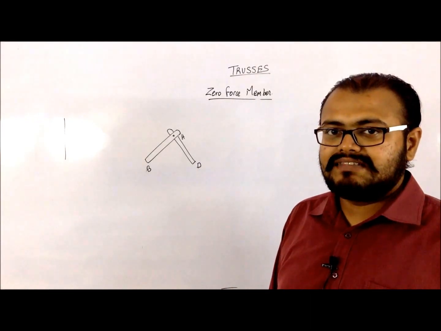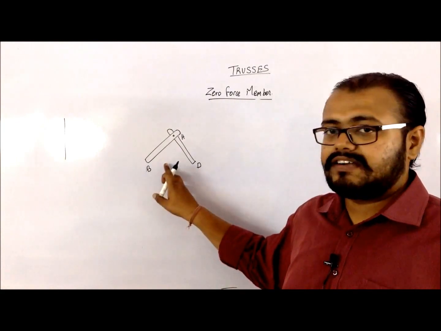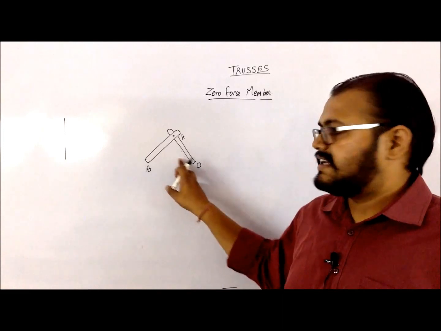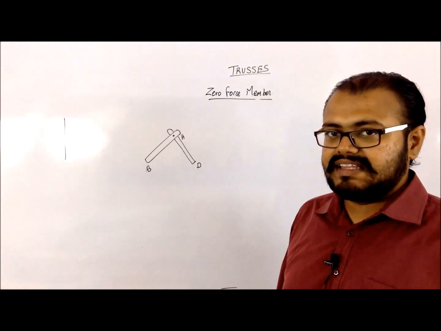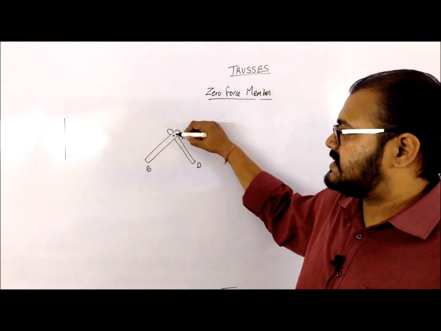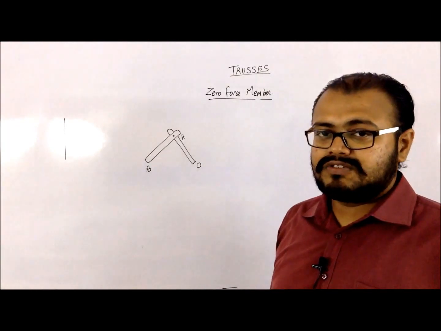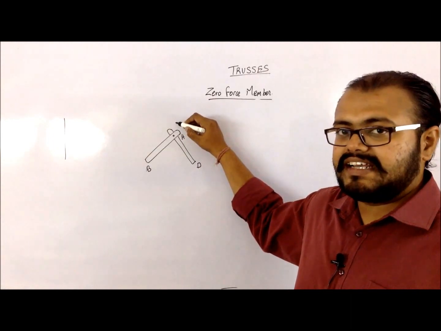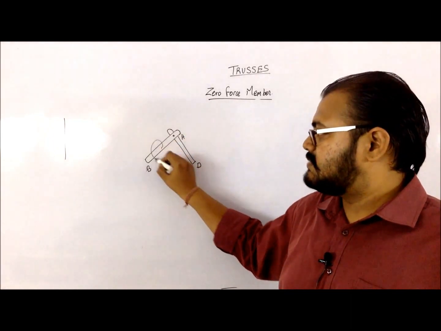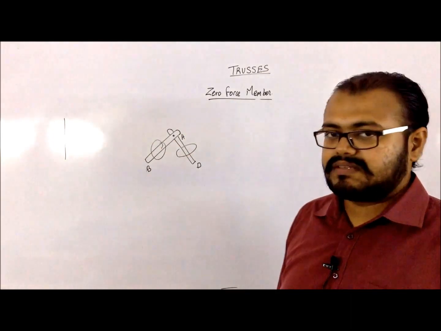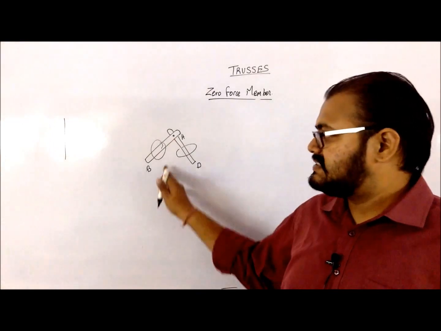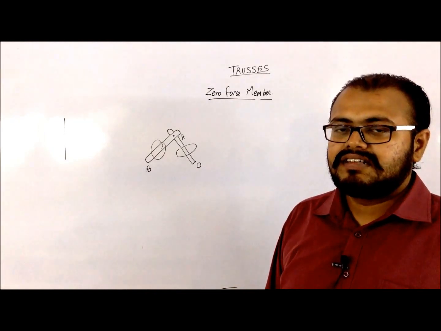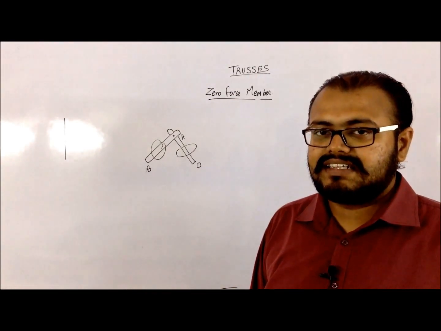In this condition I am having only 2 members, and they are not collinear with each other; they are at an angle with each other. So in that case, if there is no external force added to the point A, then the 2 members are my zero force members. These members are often seen at the tip of a cantilever if there is no force attached to the cantilever section.